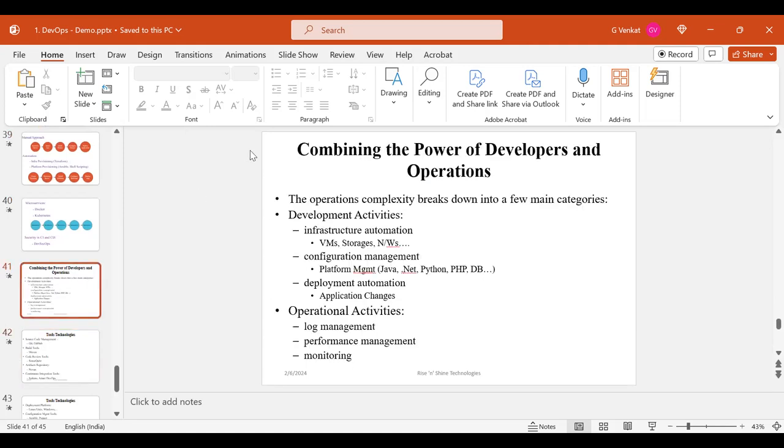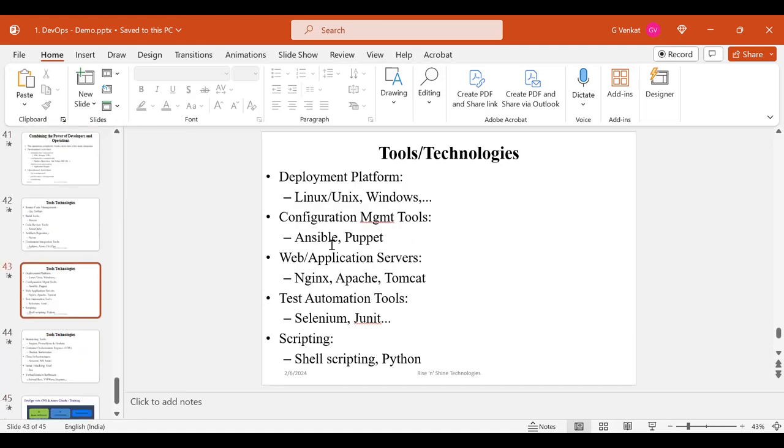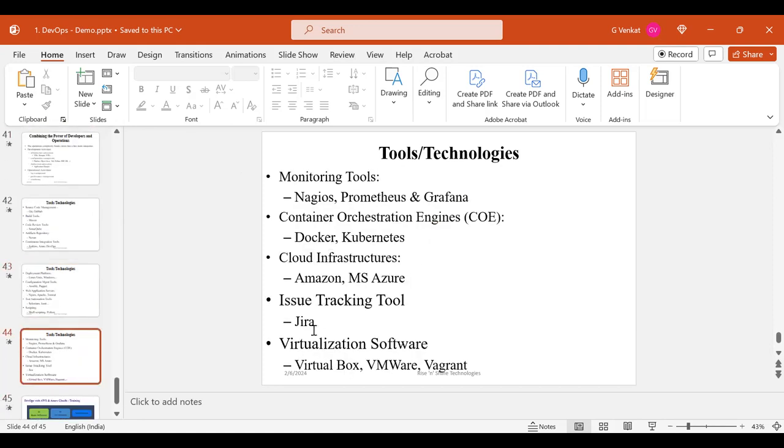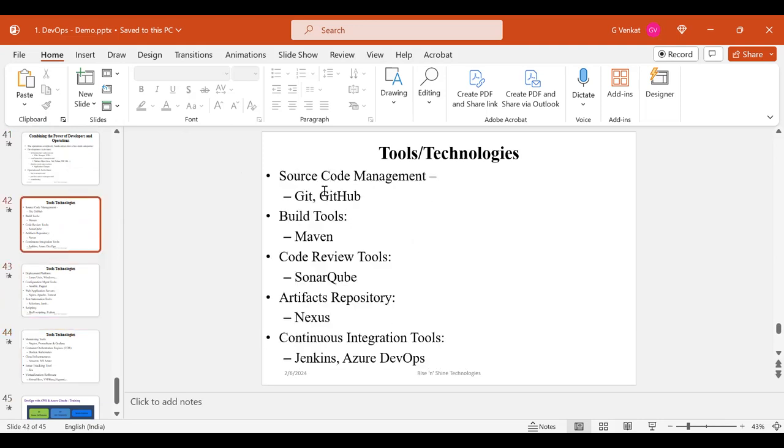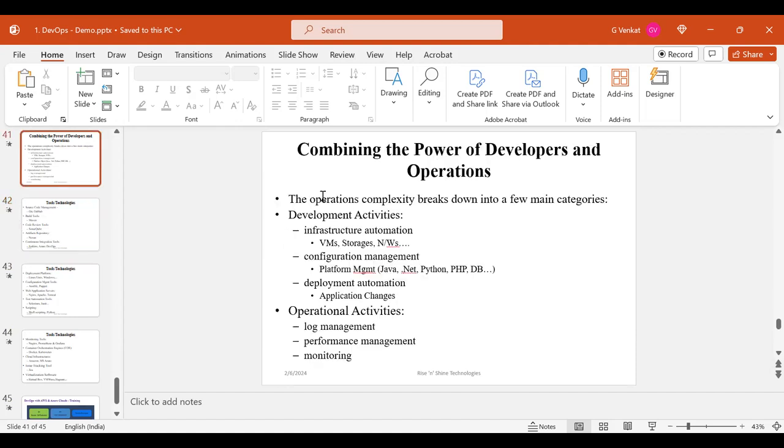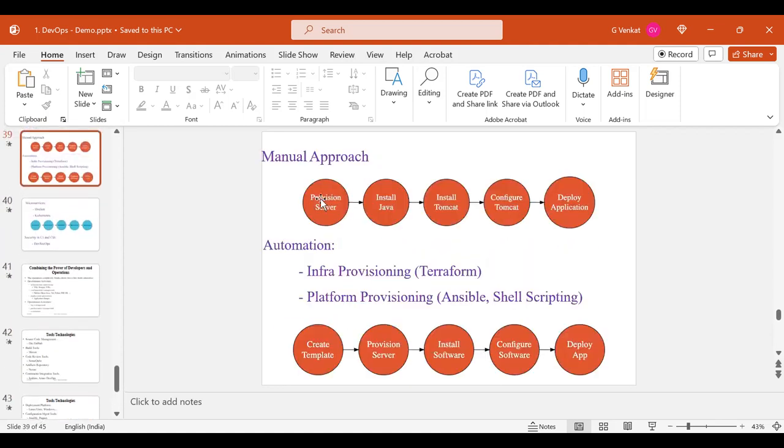So the main DevOps, if you talk about it, yes, we are the developer, but we don't write the code for the application side. We write the code for the infra management, platform management, and application distribution and deployments. From those activities' point of view, we write the code. But how do we? Yes, we use all these tools. Here I still didn't mention infra provisioning, that is Terraform. That is about one by one learning, don't worry. Are you clear about this, the agenda of the DevOps engineer?